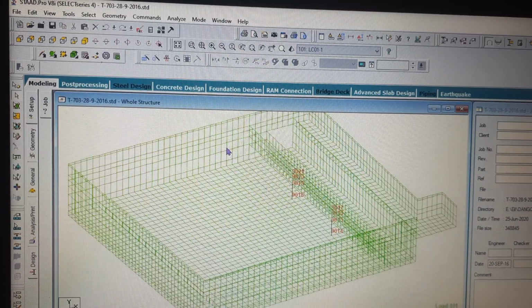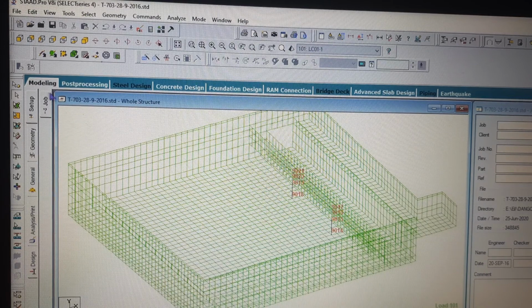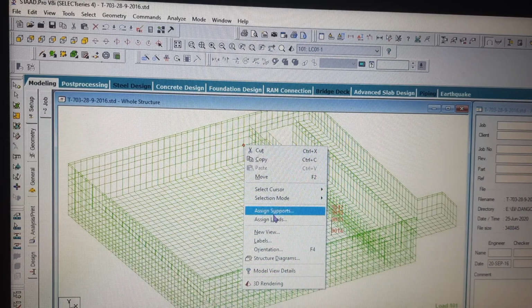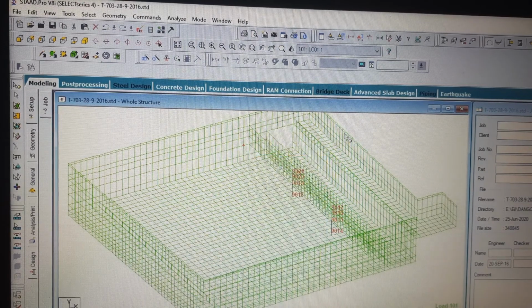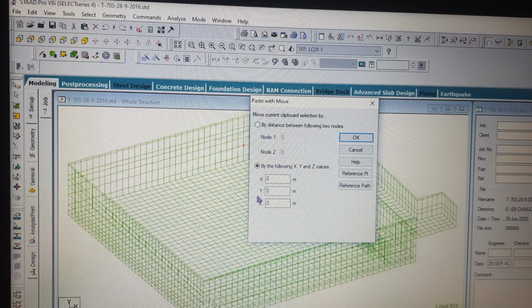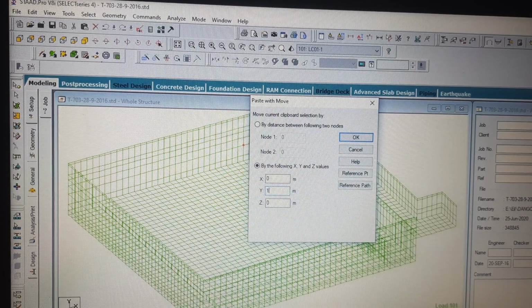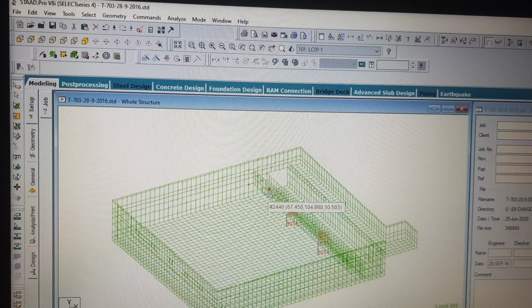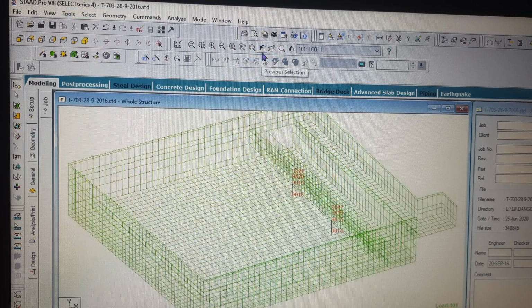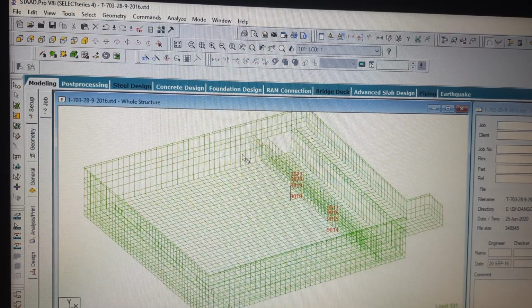Say I copy and paste this node 10 meter above. Now if I go to tools and check orphan node highlights, it removed. I clicked it wrongly, it removed.